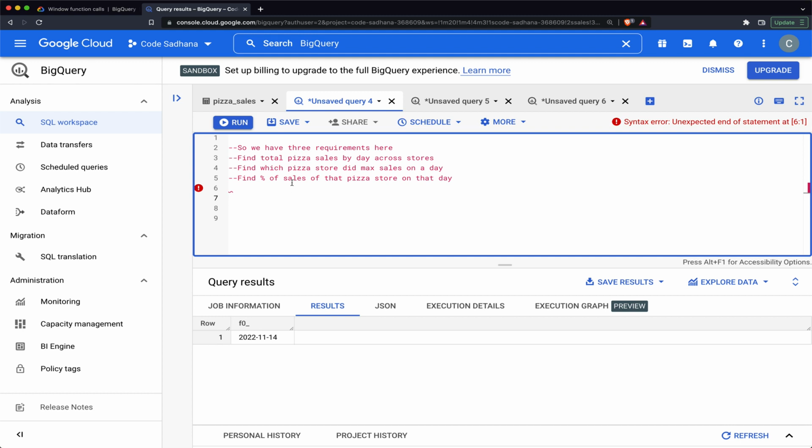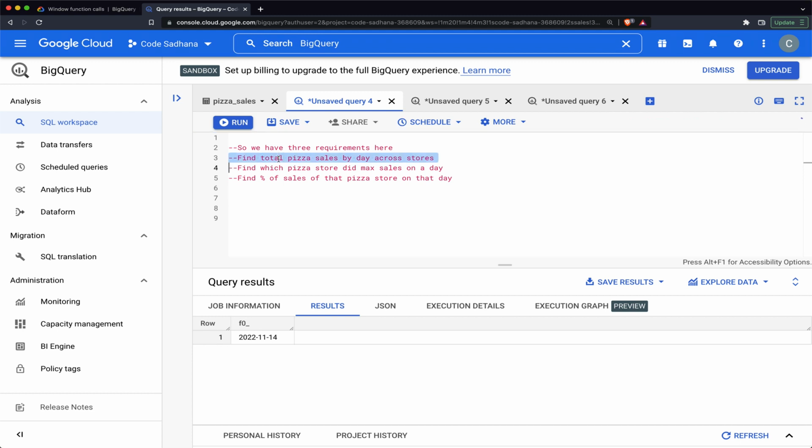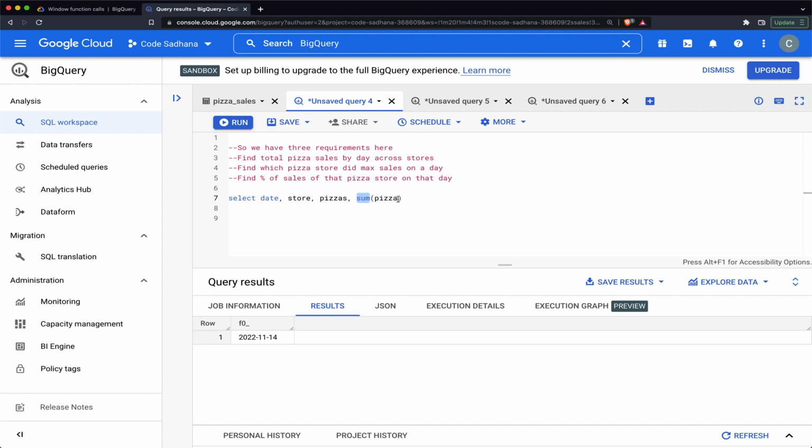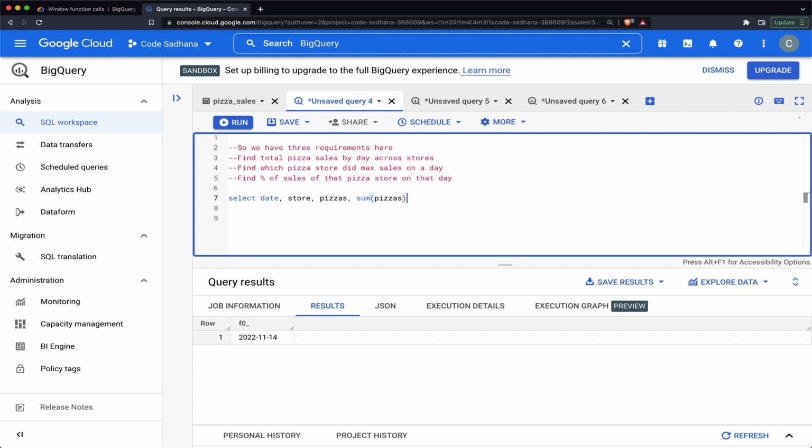Now let's look at how to solve this problem. So we have 3 parts here. One is we have to find the total pizza sales by day across the stores. Let us use the window function to find that. So let me write the query: select date, store, pizzas, and we need to find the sum of sales partitioned by date. So first I use the function here, sum of pizzas,